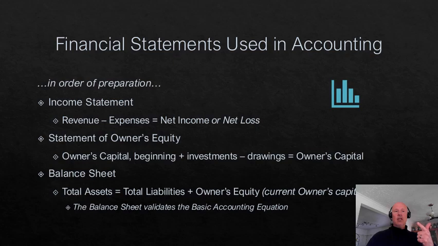Statement of owner's equity, and a balance sheet. So the income statement is looking at your net income or net loss. We're going to start to look at the synonyms more of what is used in industry, in the event industry. We start talking about profit and loss, or P&L. We'll even look at them as P&L statements, but from an accounting point of view, looking at generally accepted accounting